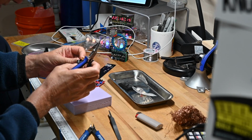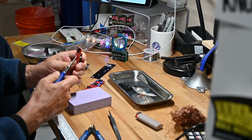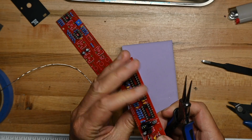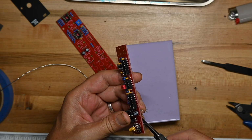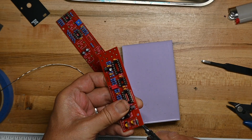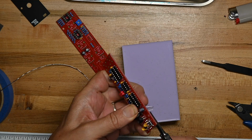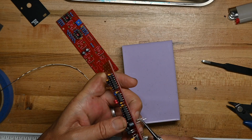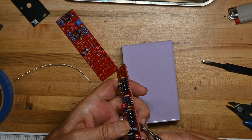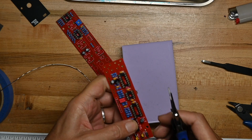And these leads, it's so big. It's so clunky. And I gotta get it. It doesn't really fit the pad, the silkscreen pad. So you gotta convince it to go down, because we're going to be